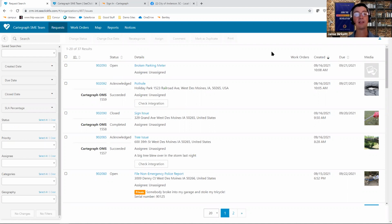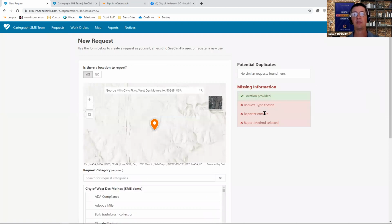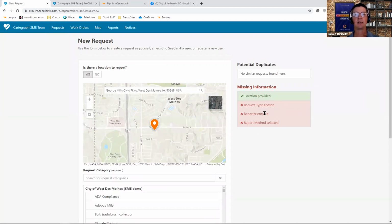Also, I want to show one last example of a citizen's experience. SeeClickFix basically has this call taker interface. So up in the upper right-hand corner, as a call taker, be it if I work in a call center or I just answer the phones at the Public Works Department, I can enter these requests from a phone call right within SeeClickFix. So here I'm going to submit a new request. And this is a nice feature: we're going to see on the right here,